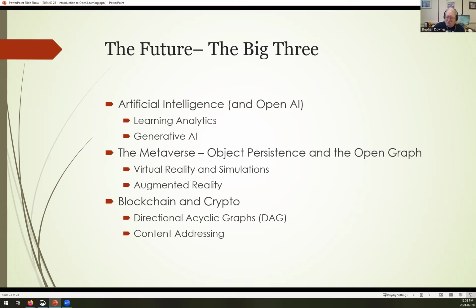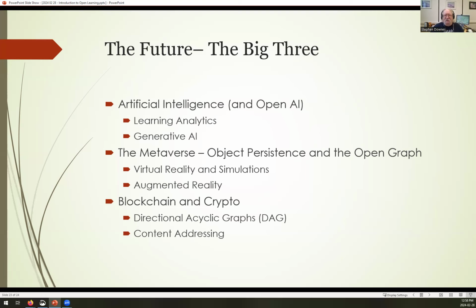The metaverse, people make fun of the metaverse because nobody wants to wear the big mask over their face. I don't blame them. But the metaverse is also something called object persistence. And what that means is objects in the online world and objects in the offline world persist and are the same object. So it's kind of like, you know how right now, when you create things on the internet, they go away? In the future, that won't happen.